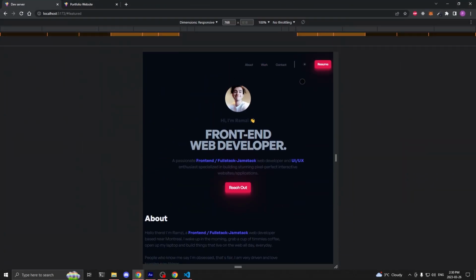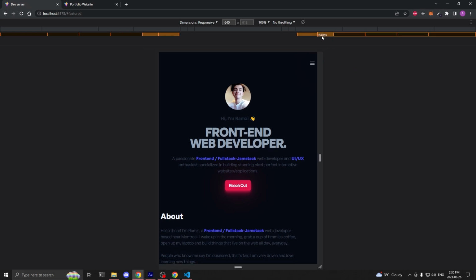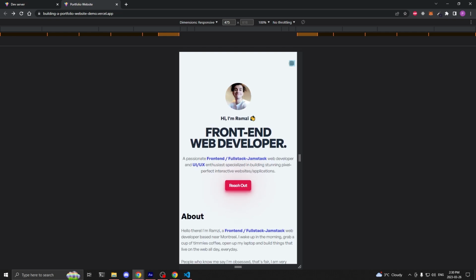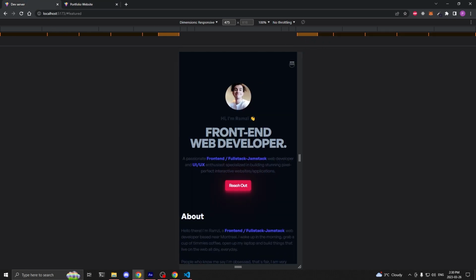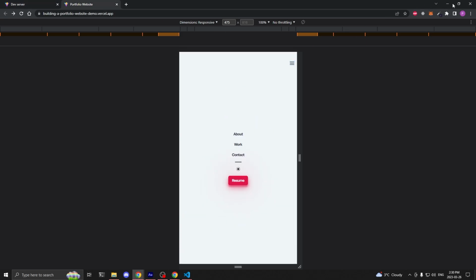Another thing we need to do is create a navigation menu for mobile screens. Clicking on our bars icon does absolutely nothing, but on our demo, when we click it, it opens a mobile version of our menu. To create the mobile navigation menu, I'm going to go in my HTML, and under the header section,